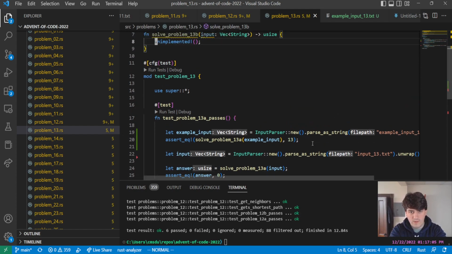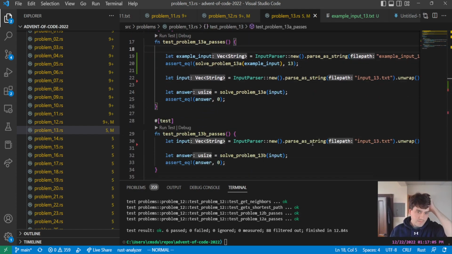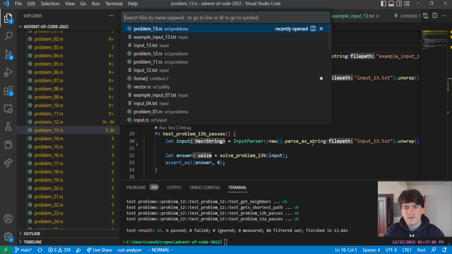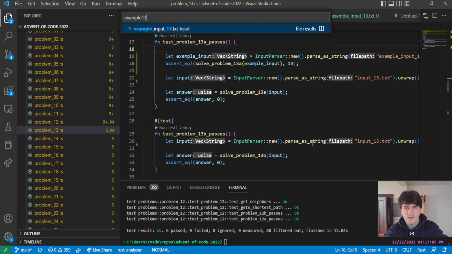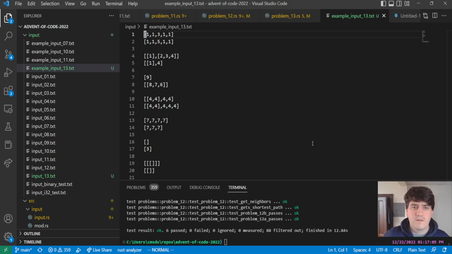So that will set up the test. So how are we going to go about this? This is going to be one of those things where the easy part is actually implementing it. The hard part is parsing it, which is slightly annoying. It shouldn't be too bad, though. I don't think we need to do like a Pratt parser or anything like that. So basically parsing it is going to be, we're going to want to do a recursive thing